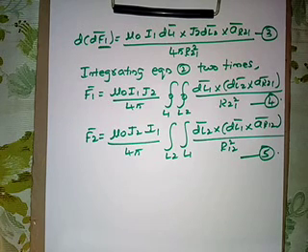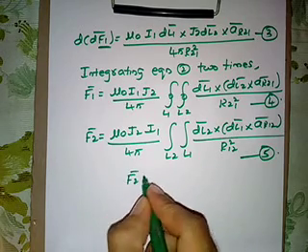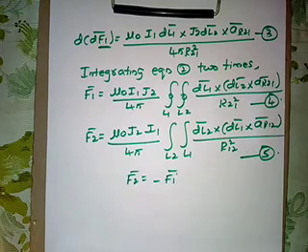So from the vector identity we can prove that F2 bar is equal to minus F1 bar, right? Given the magnetic field, the current element, we can prove that F2 bar is equal to minus F1 bar. So what it indicates, this F2 bar is equal to minus F1 bar, this obeys Newton's third law, that is for every action there is equal and opposite reaction. Okay, so this is about the derivation. Now let us solve an example on the force between differential current elements.